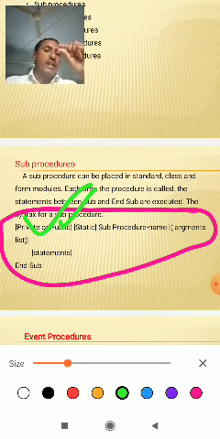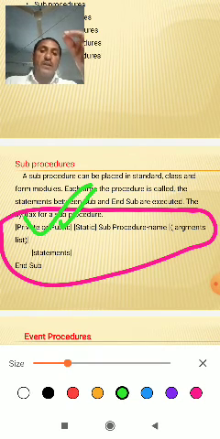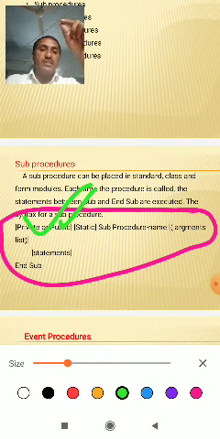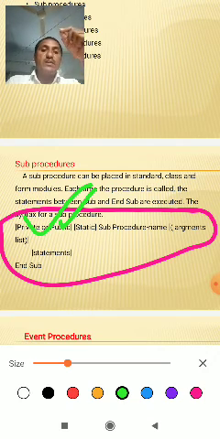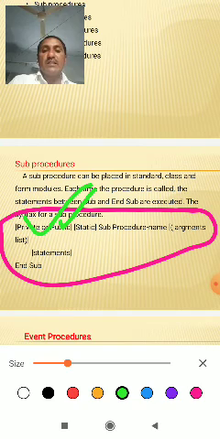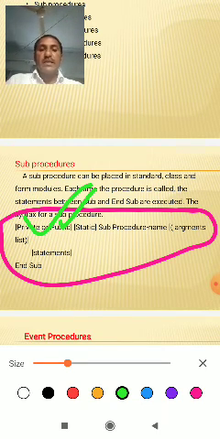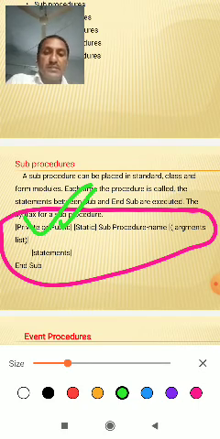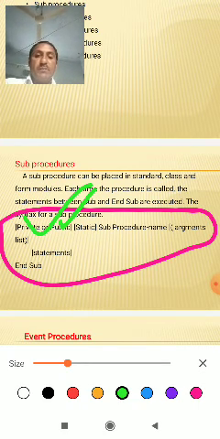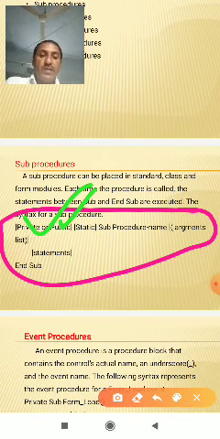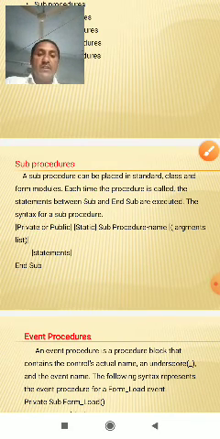You can give the name and declare it Public or Private or Static, then give the name and argument list, then the statements, and End Sub. This is the syntax of a sub procedure.